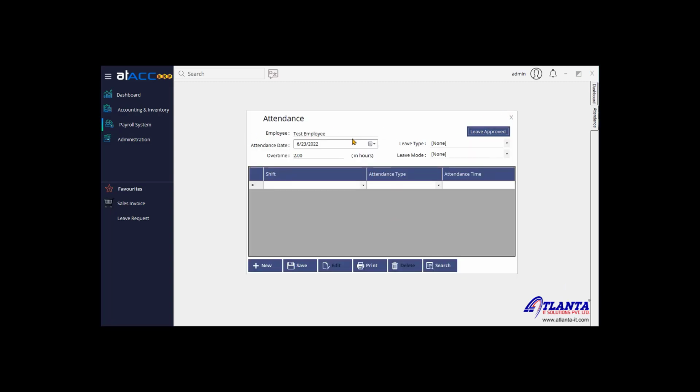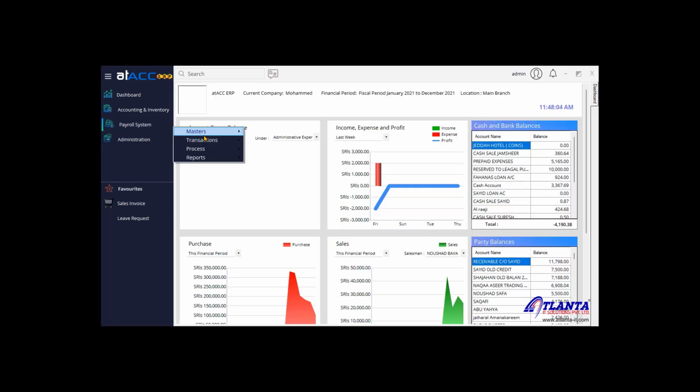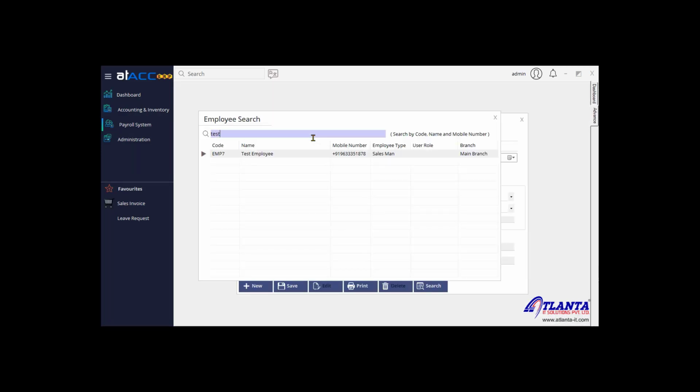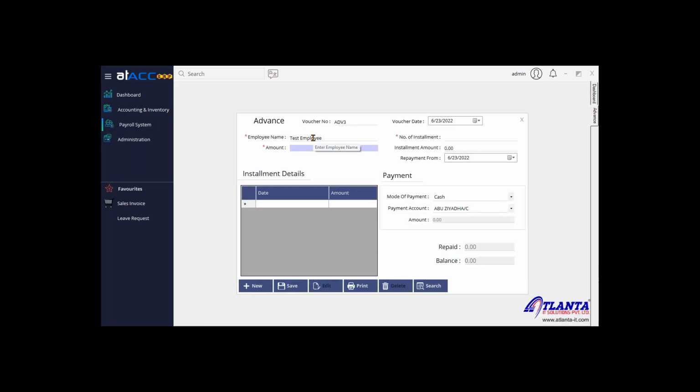You can accept it. So this is how you can use attendance. As for next, it is advance. You can select your employee, you can give the amount whichever you need to give him as advance. You can select the number of installments. Well, 2 installments, it will show the date